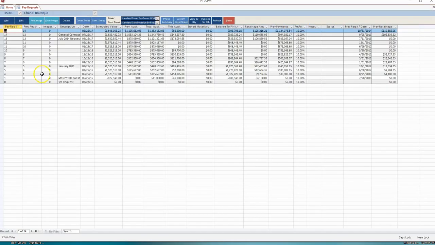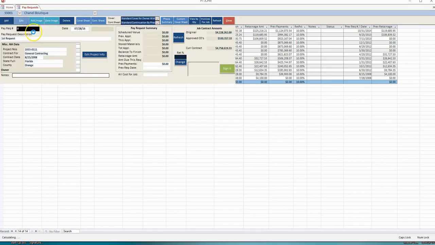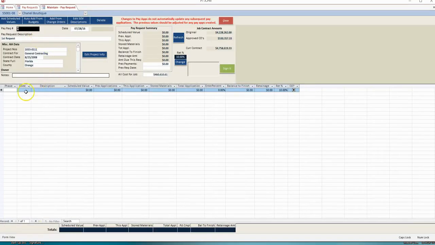When a new job is added, a zero pay request is included, mainly to add your scheduled values. There's a couple different ways the scheduled values can go in. They can be added manually, line by line, with the code being used simply to put the line items in